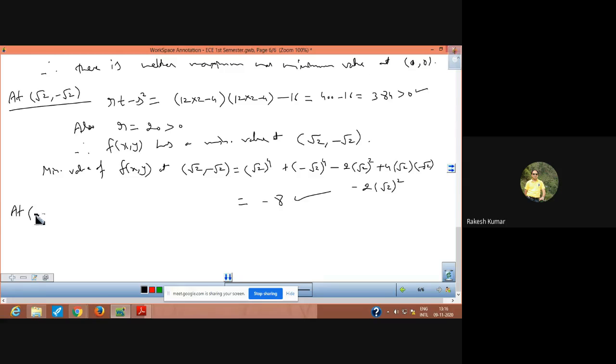And last point is left with us, that is negative square root 2 and square root 2. Now let us check the procedure for finding out